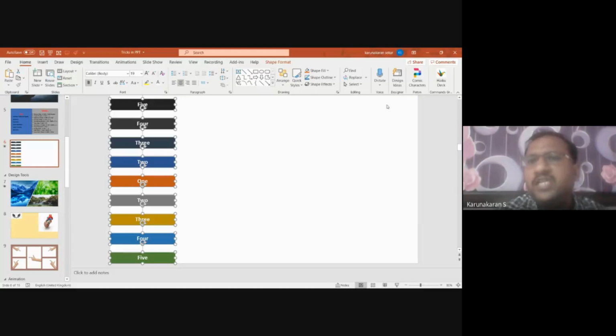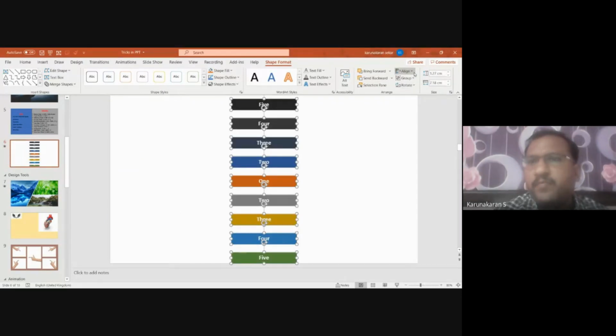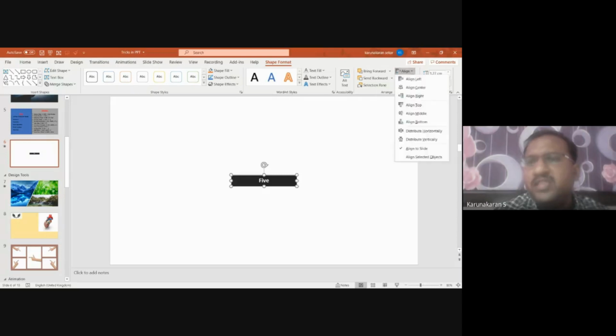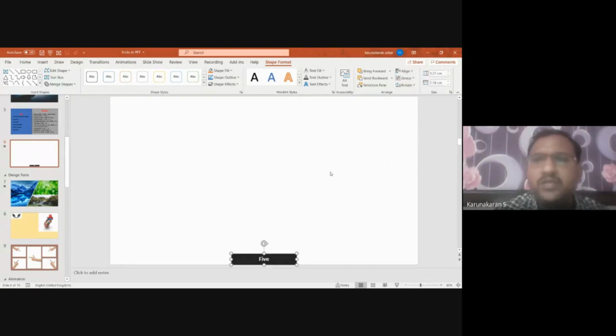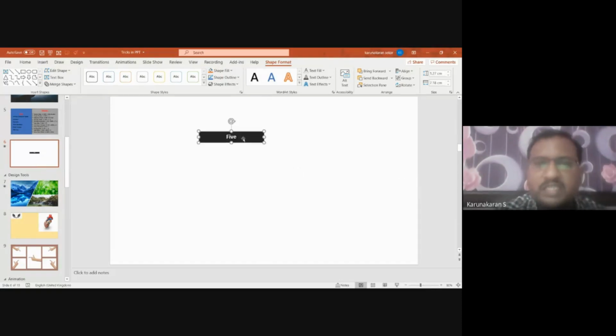So suppose if I want to arrange this with respect to this slide, align to slide, align left, align to top, align to middle. So all these options are available. You can align anywhere. So since I gave align to center, every box has been aligned to center, and you can use this method to find out whether all the boxes that you have drawn are of the same size and shape.